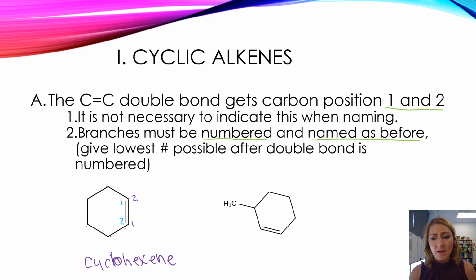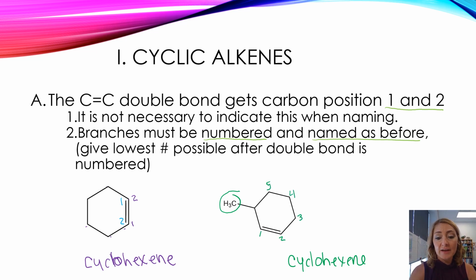For this next one, it's not so obvious. So we know this is a cyclohexene for sure. So I'm going to go ahead and give that the parent name. But now we have to worry about this group coming off. So I know that this is going to get positions 1 and 2. So my choice is to either count 1, 2, 3, 4, 5, 6. That would give me a branch number of 6, or I can count the opposite direction starting here, 1,